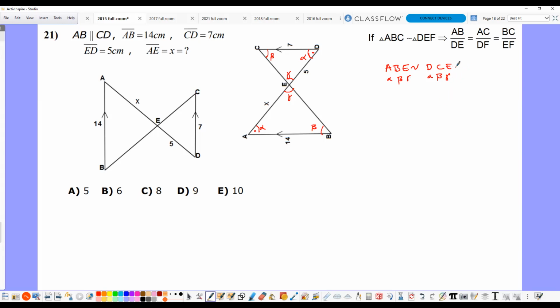So if it is like that, by using this formula, the first two divided by the first two, AB divided by DC. This implies that AB divided by DC should be equal to AE divided by DE, which should be equal to BE divided by CE. If these triangles are similar, then the length of AB, which is equal to, pardon, that's not 9. Why did I write 9? It's 14 normally. 14